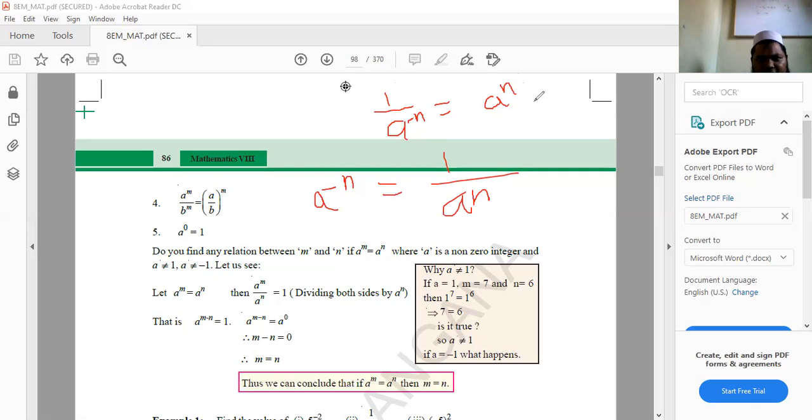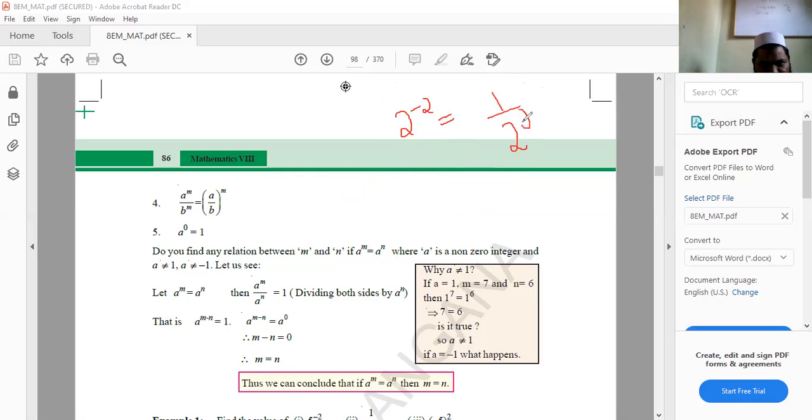Let's suppose I am taking a few examples here. 2 to the power minus 2. See here, 2 to the power minus 2 can be written as 1 by 2 to the power 2. Why? Because with a negative exponent we can't do calculation. We have to make it positive. How will we make it a positive exponent? We have to bring it from numerator to denominator. Now it is very easy to calculate. 2 square means 2 into 2, which is 1 by 4.